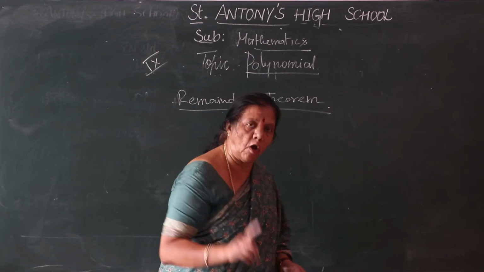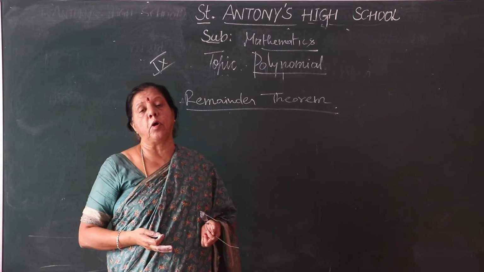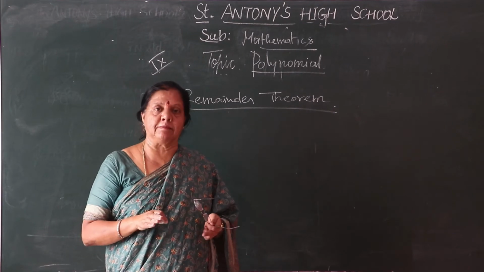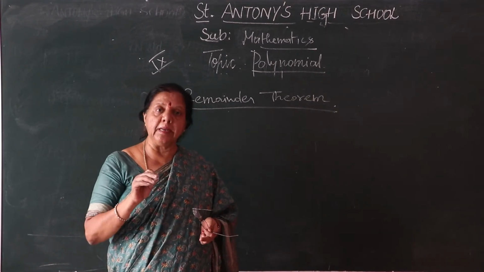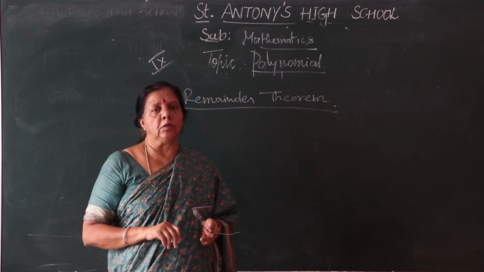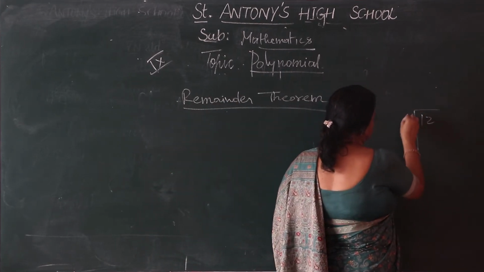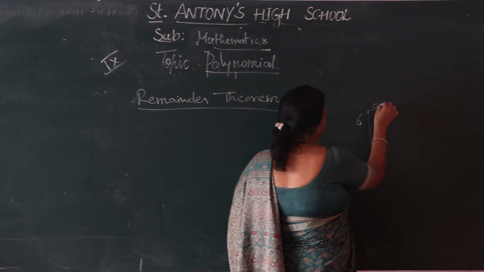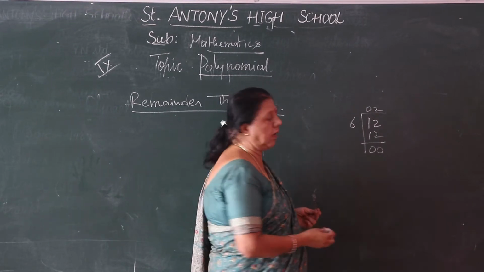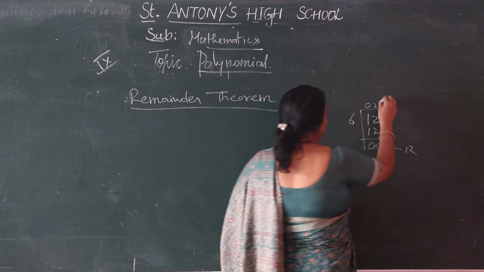What I am teaching now: previously I taught you about the polynomial, different types of polynomial, how to solve the problem whenever they are giving the values of x. Now I am asking about the remainder theorem. You know remainder, where do you find this one? Under division. Suppose you take for example 12 divided by 2. 6 2s are 12, 0, 0. So what is the remainder of this one? This is a remainder. Correct? This is a quotient.